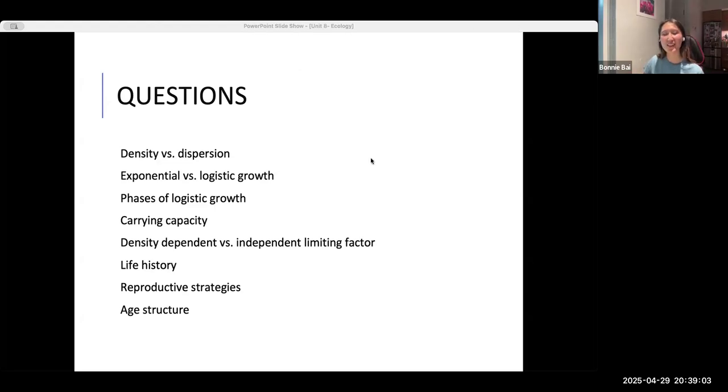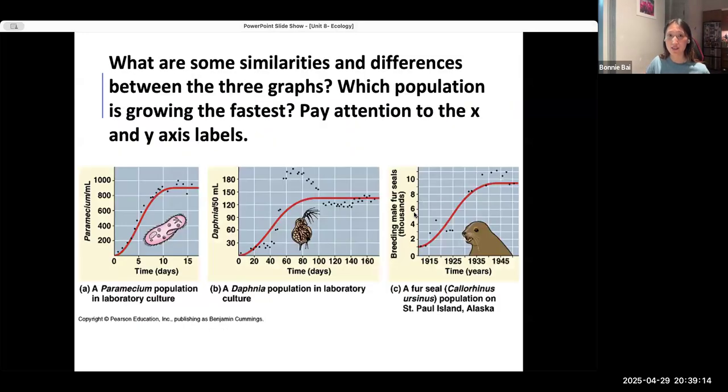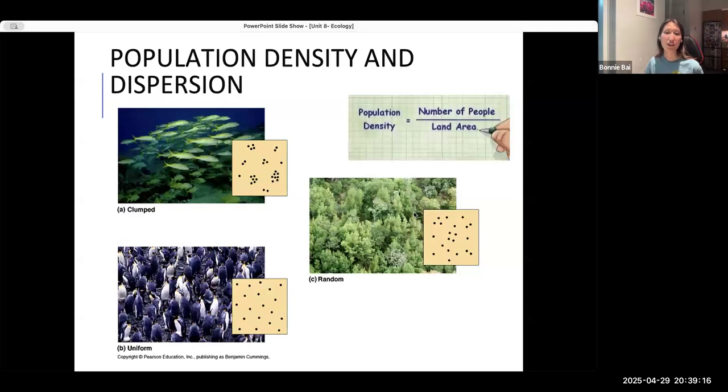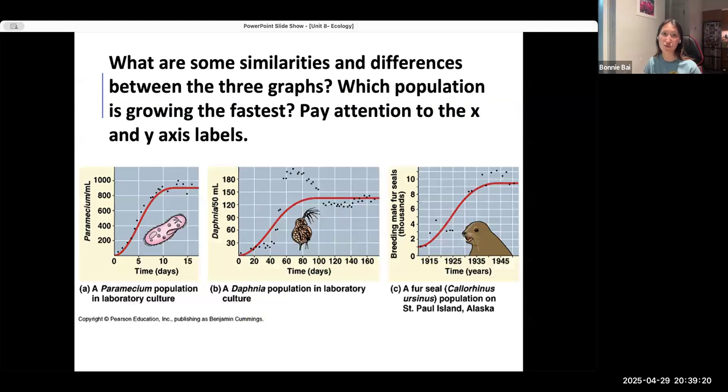Goodness, this really is a lot more than I thought it would take, and a lot longer too. So this one is about a bunch of population things. There are different ways that populations can be spread out. Not super important. Take a look at the picture. Moving on. In this one, the 3 curves look pretty similar. They're all logistic growth, but you don't need to know the details, obviously.